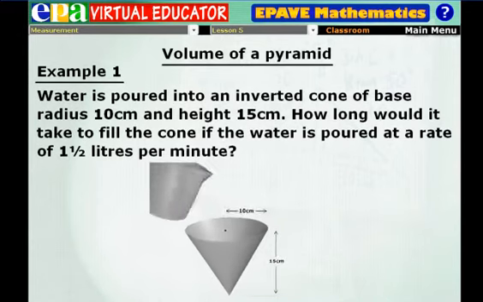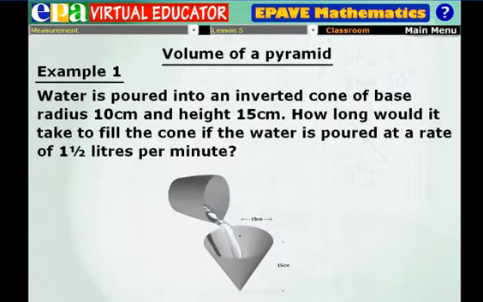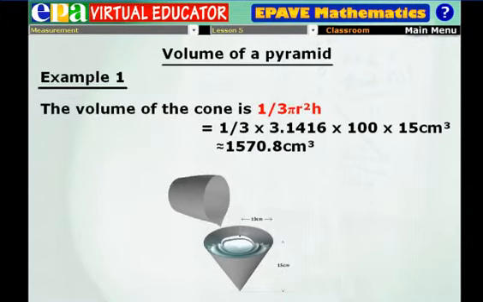Water is poured into an inverted cone of base radius 10 centimeters and height 15 centimeters. How long would it take to fill the cone if the water is poured at a rate of 1.5 liters per minute? The volume of the cone is 1/3 pi r squared h, which is equal to 1/3 times 3.1416 times 100 times 15 centimeters cubed. This gives